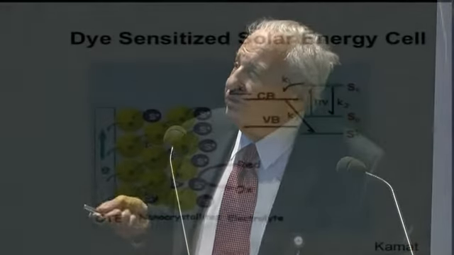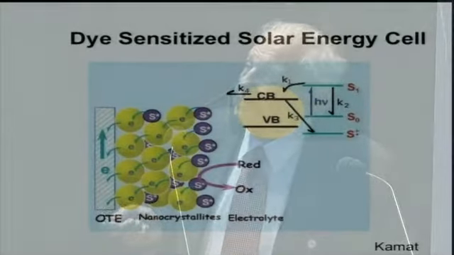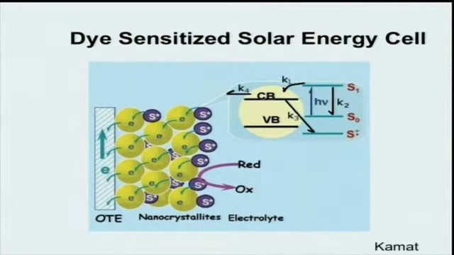And in a solar cell, at least an earlier version, now perovskite seems to be the thing, you excite a dye, and it can go into a conduction band of the titanium dioxide. These are the S's, and here's the TiO2. It can go in there and eventually go to an electrode, and you can take this dication and reduce it. Anyways, you produce the current that way in the system.